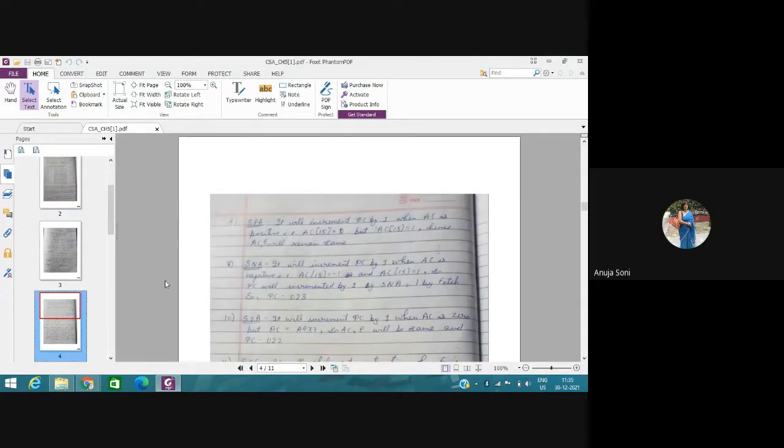Also explain why it is to be treated as negative, because the extreme right leftmost bit works as a sign bit. If the value of the sign bit is 1, that will indicate the number is negative. Else if its value is 0, it will indicate the number is positive. So this is the way we express the sign in the binary form. Whether it's a negative or a positive number, accordingly it is represented.